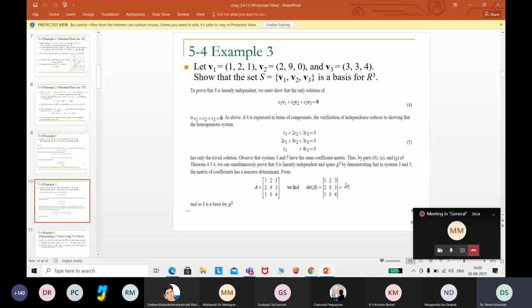So if the determinant is non-zero, then we can say that the given set is a basis. And how to obtain the determinant? You write the left side as a system of equations and keep their coefficients in the matrix A. The same way we have been doing, 1, 2, 3, 2, 9, 3, and then check the determinant, you will be able to get the answer. Is this clear or not? Yes, ma'am, this is clear. Okay.